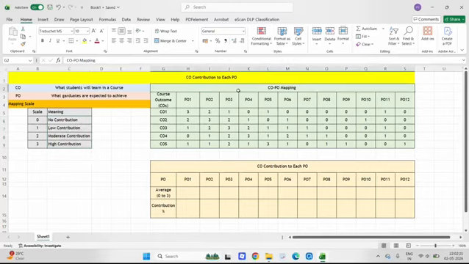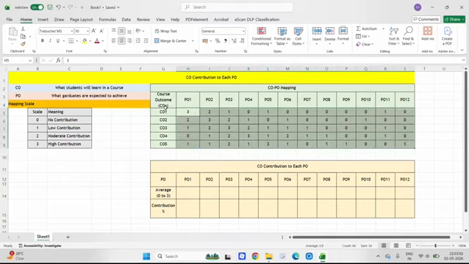Now just see, I have already mapped CO to PO by considering a program and a course. Suppose I have taken a digital electronics course and the program is BTech CSC. So how are PO and CO going to map in that particular subject? Here we have already made a table. As I told you, if you want to learn how to map CO and PO, you can watch my previous video. Okay, so this is the table we have already created on the basis of a subject and a program. So this type of structure we get.